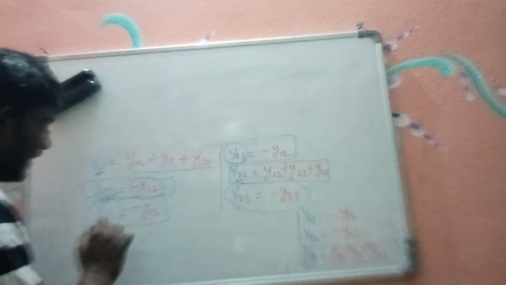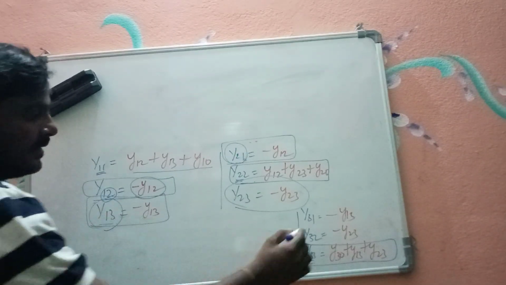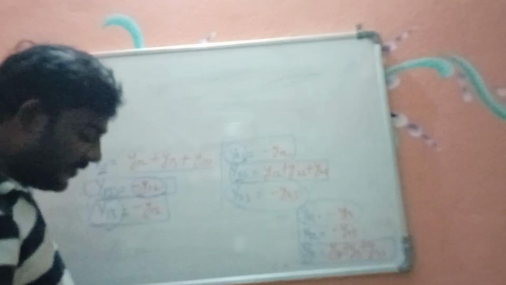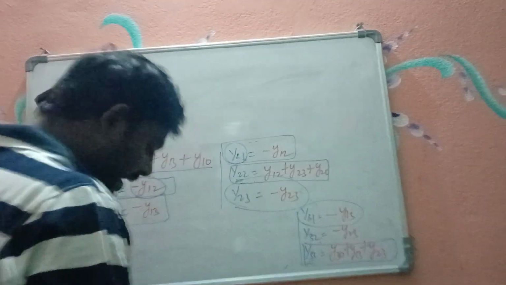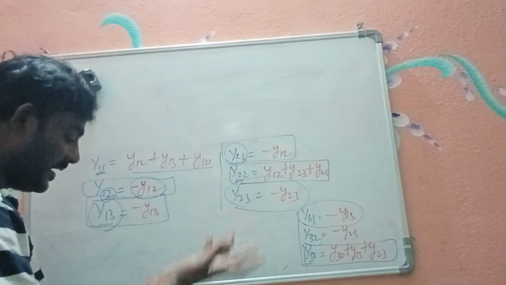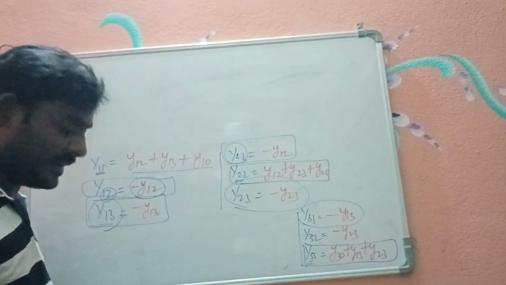Similarly, Y13 first row third element and third row first element, both are of the same value. Next, second row third element and third row second element, both are of the same value. If you observe these same values,